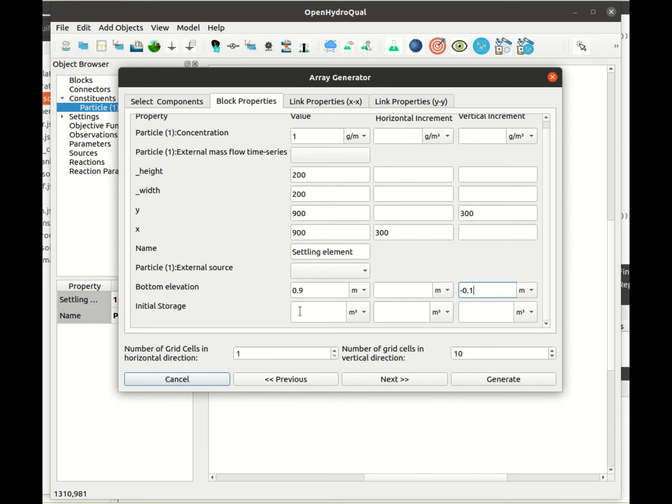And then the initial storage. If you remember, the cross-sectional area of our column was 0.1 square meters, and the height of each of the elements is 0.1 meter. So the volume is going to be 0.01 cubic meters, and that's going to be the initial storage, which is going to remain unchanged during the simulation because no flow is coming in or going out of these